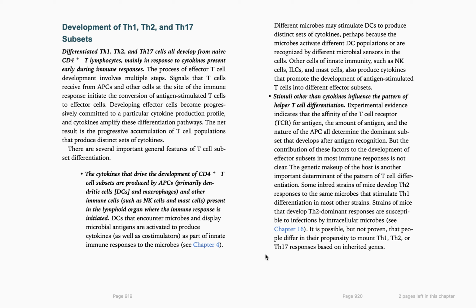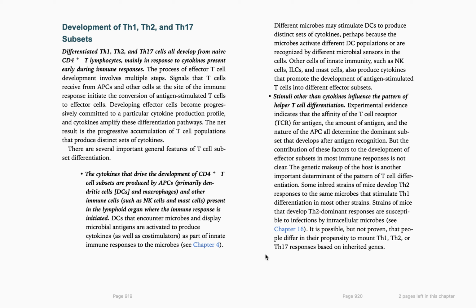During development, effector cells become progressively committed to a particular cytokine production profile, and cytokines amplify this differentiation pathway. The net result is the progressive accumulation of T cell populations that produce a distinct set of cytokines. There are several important general features of T cell subset differentiation. The cytokines that drive the development of CD4 T cell subsets are produced by antigen-presenting cells, primarily dendritic cells and macrophages, and other immune cells such as natural killer cells and mast cells present in the lymphoid organ